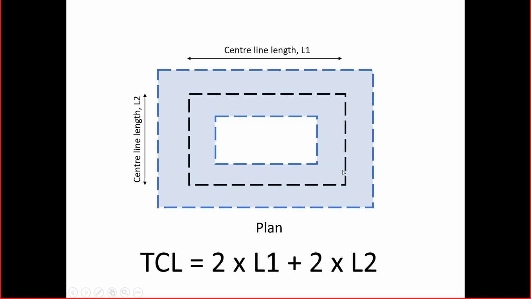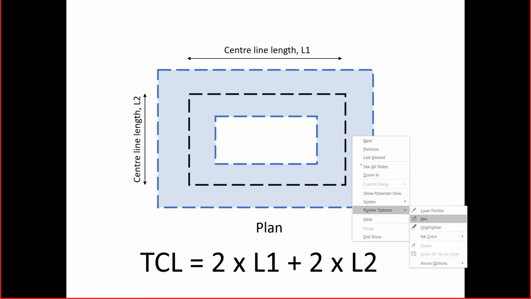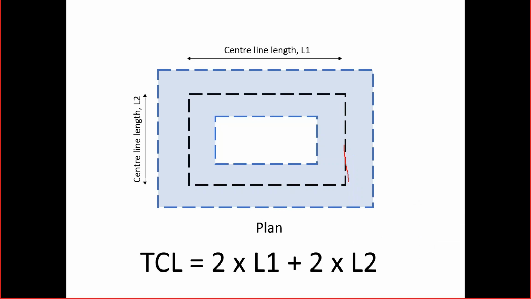Because I don't have any T junctions, I'll tell you what is a T junction and what is a plus junction. Here I have just an L junction. What is an L junction? When I consider this junction where two walls meet, I have something like an L shape formed here, right? I hope you can see here. This is the L shape. Here also where two walls meet, I have an L shape. Here also I have an L shape. Here also I have an L shape. We need not do any deductions for this.